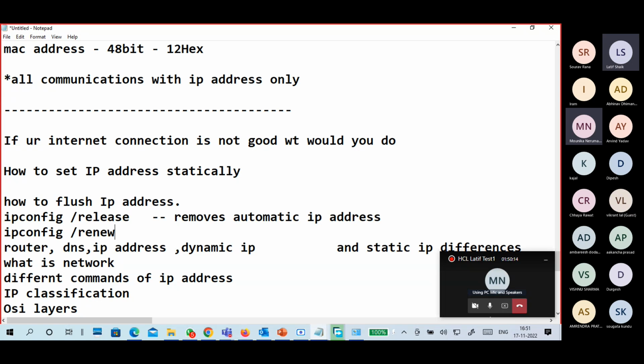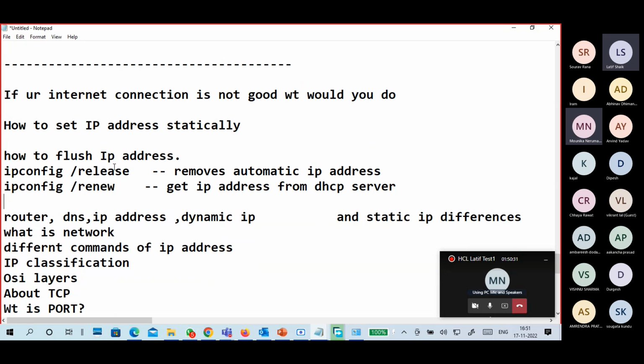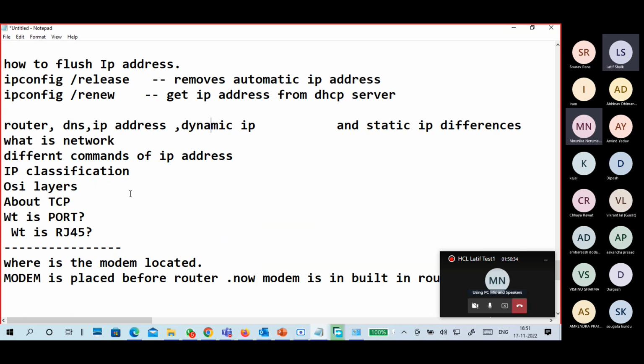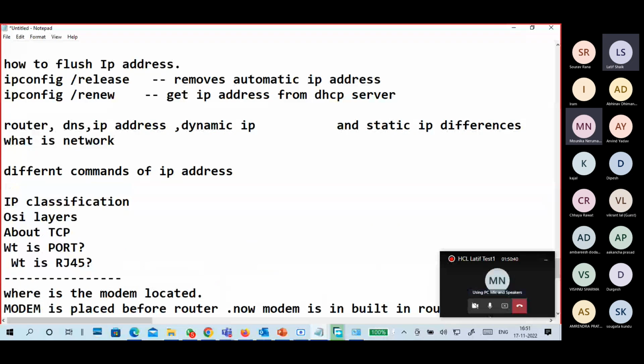Then ipconfig /renew gets the IP address from the DHCP server. So that command will do it. So of course bus, router, DNS, dynamic, static. We are done with these different network IP address clarifications.